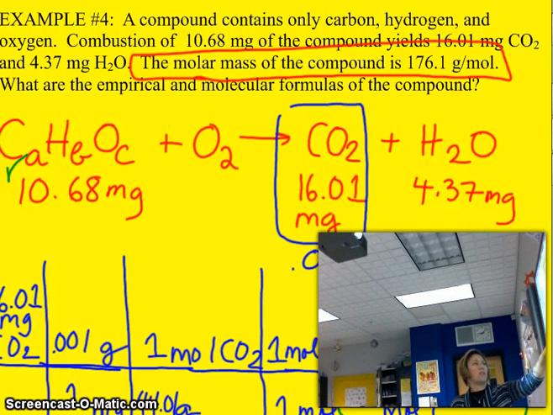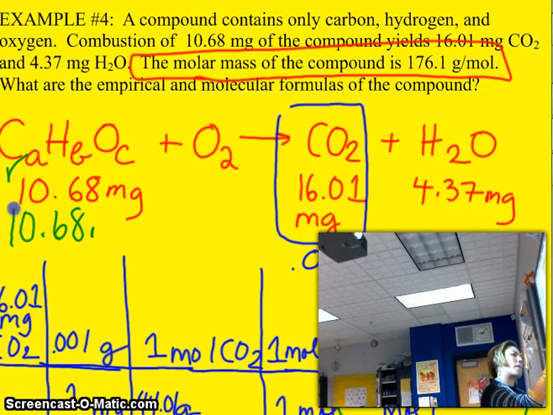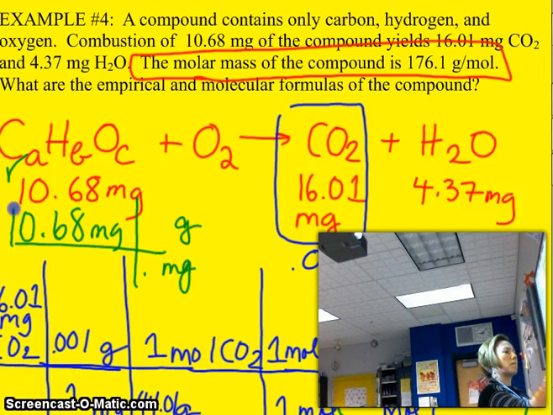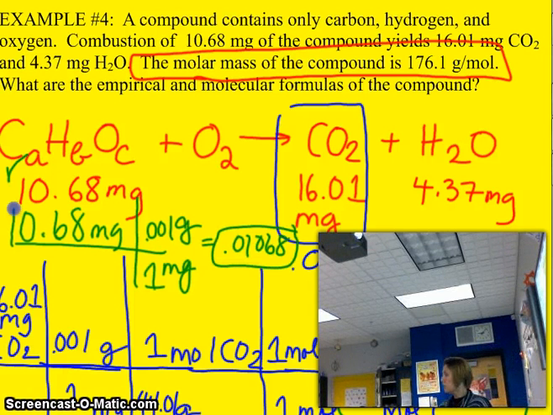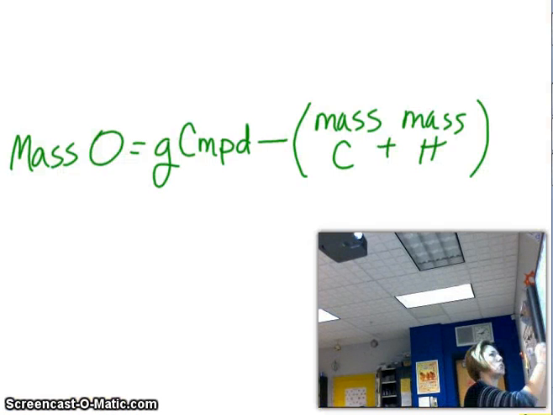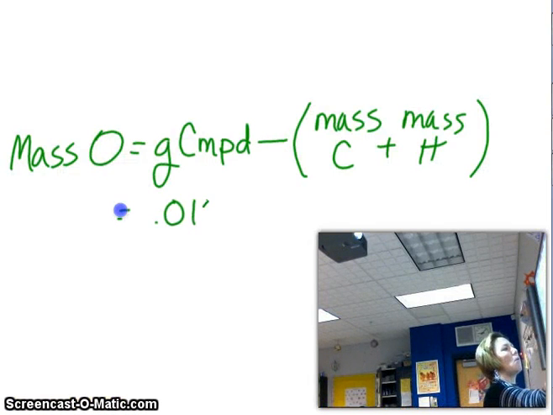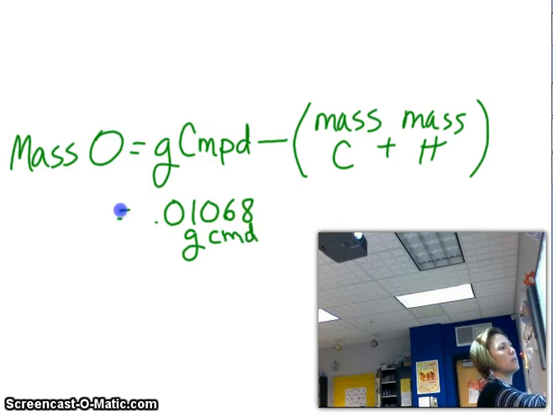So let's just convert it right now to grams. 0.01068, right? There it is, okay? You should know how to do that. That should not be the issue. So it's 0.01068 grams of your compound